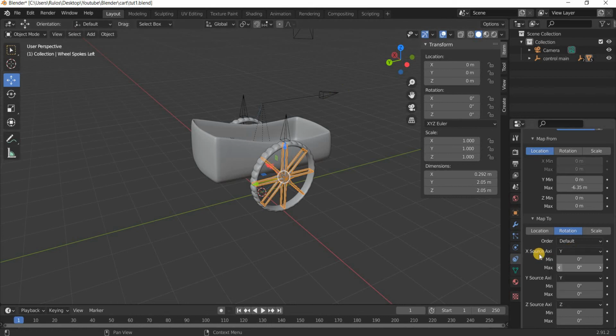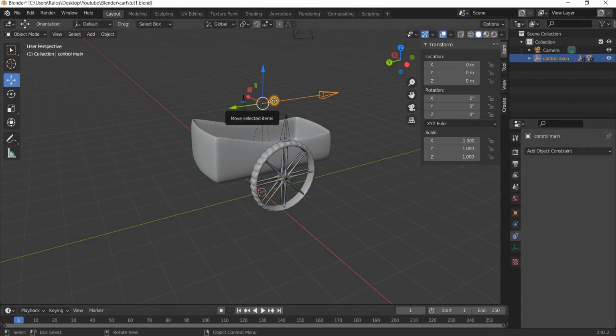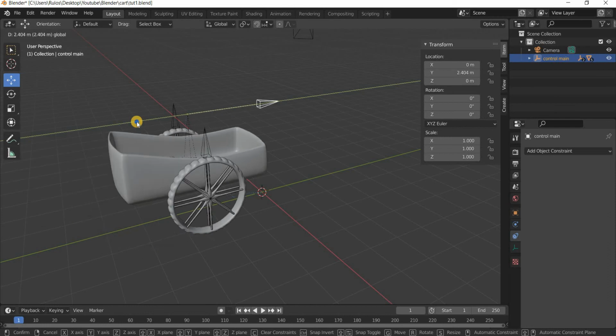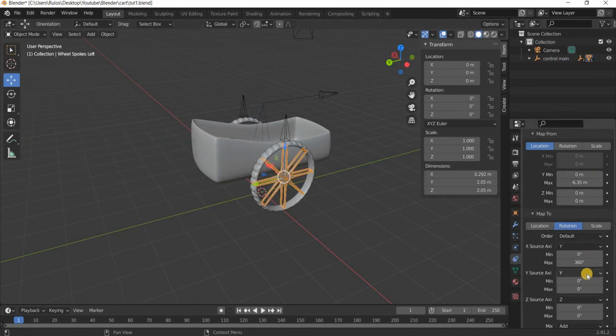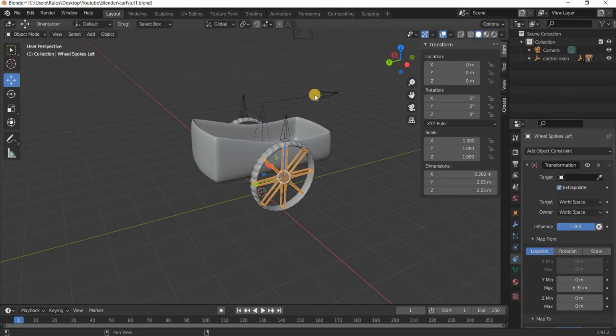So the y movement will control the x rotation, and that has to be 360. So if I move this, it's not working, and then if I do extrapolation,